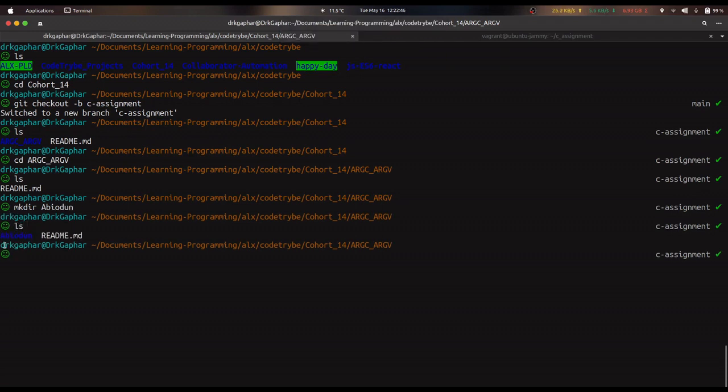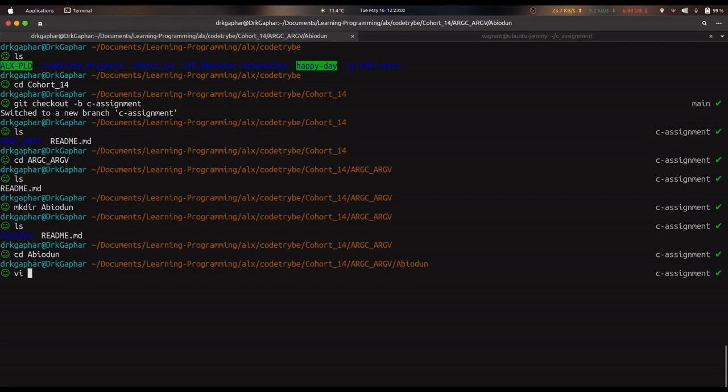Now I'm going to list the content of this directory. I have my Abiodun directory, so let me cd into Abiodun. Now I'm inside Abiodun, I can create the file and write the program that I want to write. I'm going to use vi, and since this is a C program, I'm just going to call it print